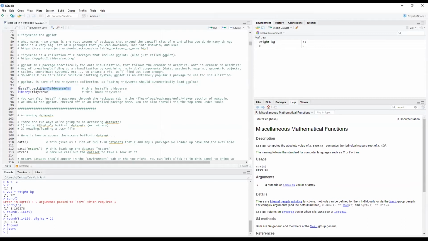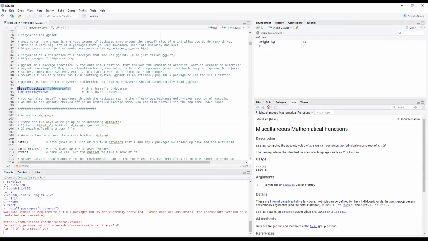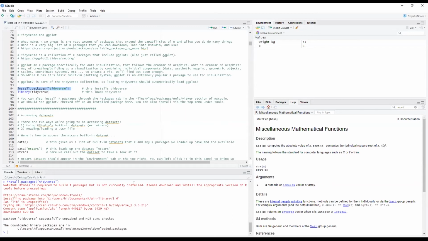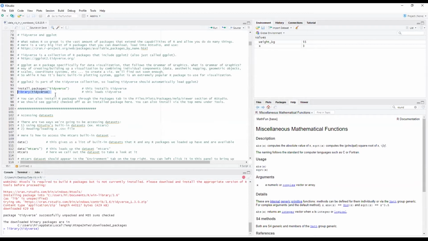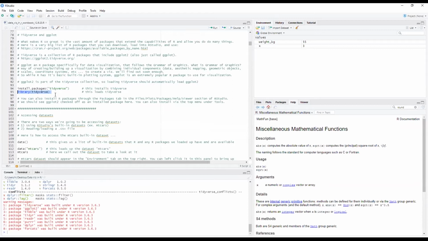So this line here, I'm going to run it. It's going to install my tidyverse set of packages. And this second line, library, is going to load up tidyverse. So I'm going to run that right after. You can run them both at the same time if you want, and it should be fine.